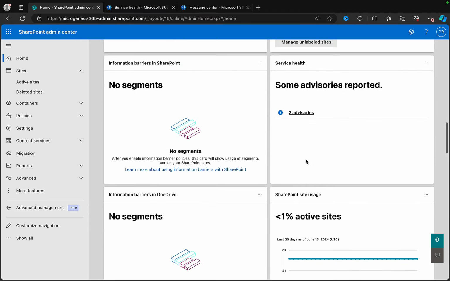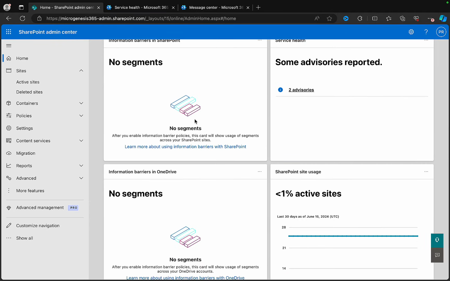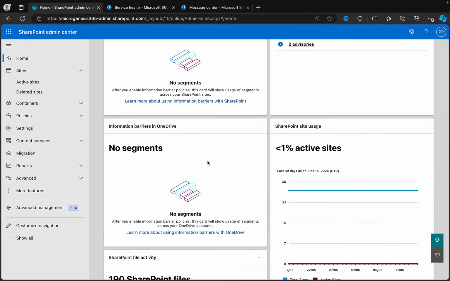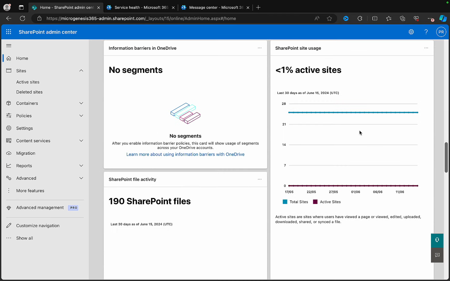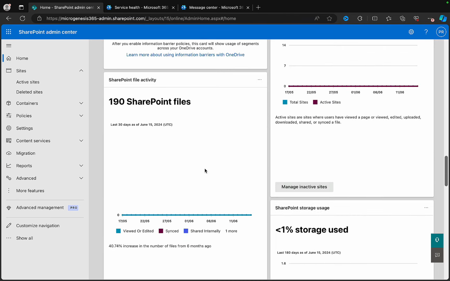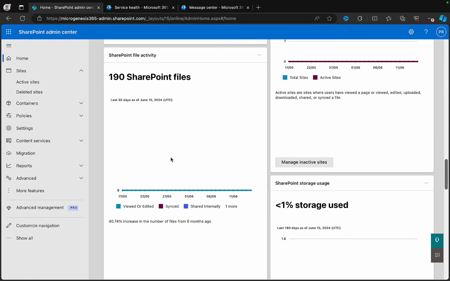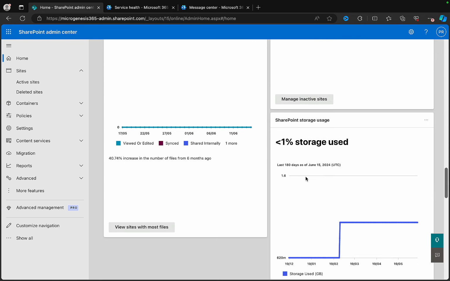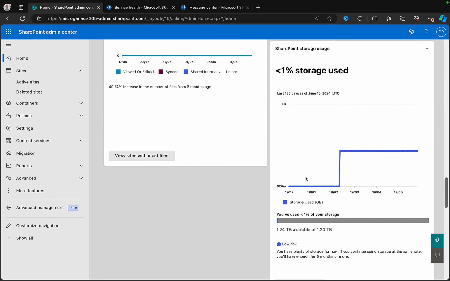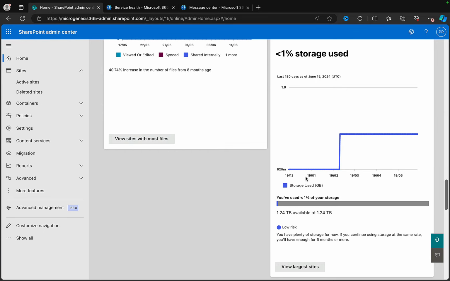No information barriers. Again, that one was SharePoint. This one is OneDrive. SharePoint site usage. We can see the usage of total sites and active sites. We can see SharePoint file activity. We've got 190 files here, and the SharePoint storage used as well, which is important to keep an eye on